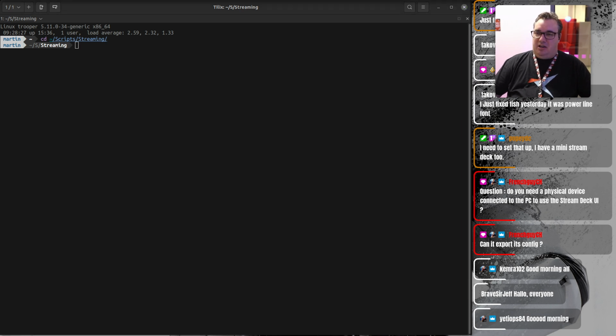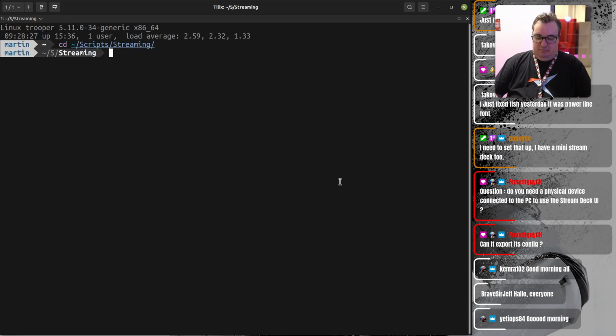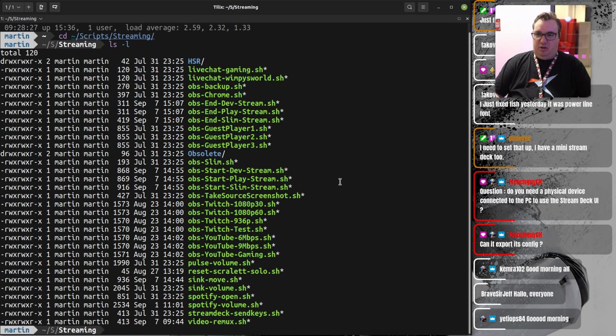Right then, so let's just make this font a bit bigger so we can see what's going on. There's a bunch of scripts in here which I have bound to buttons on my StreamDeck at home. I haven't properly configured this one here, which I'll get around to, but these scripts do a lot of my automation for me. So if we just take a quick look at